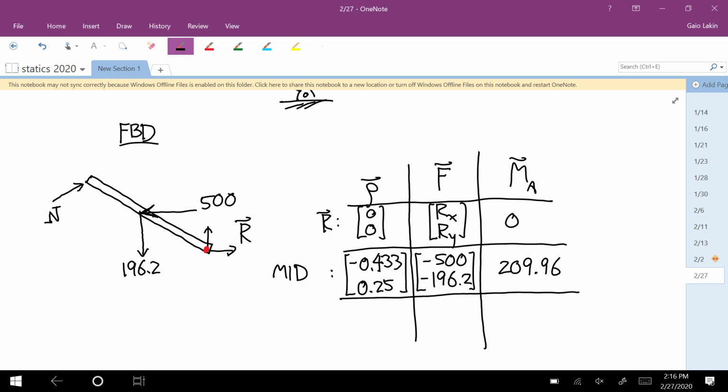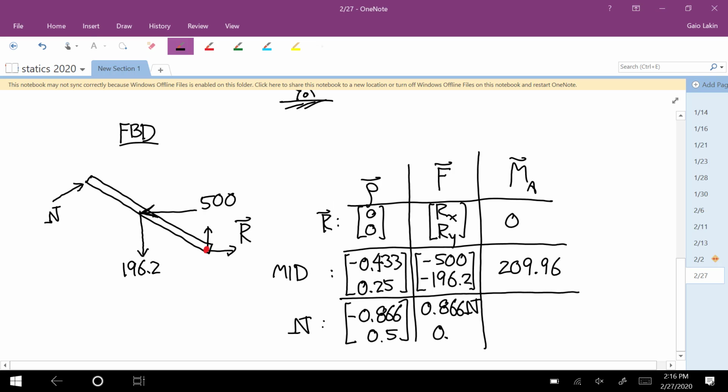And then the last one is that normal force. The rho vector is -0.866, positive 0.5. The force vector is 0.866 n, 0.5 n, and you get that from, so